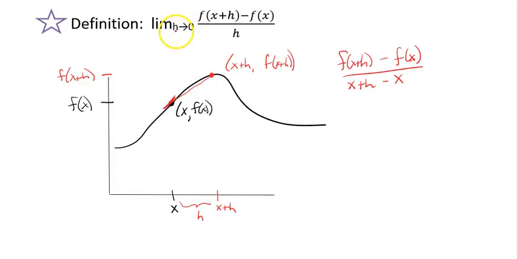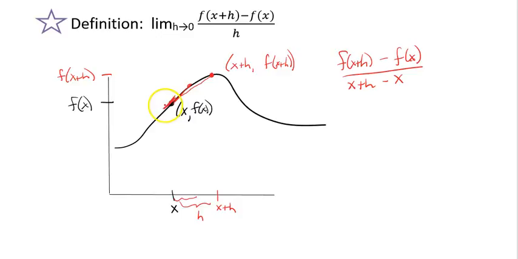Well, now you know what h is. The limit as h goes to 0. If h is smaller and smaller, right now, I said maybe it's 3. Well, if I moved my point closer, my h value would be smaller, and the closer I get, the better that slope is going to be, the closer it's going to be to